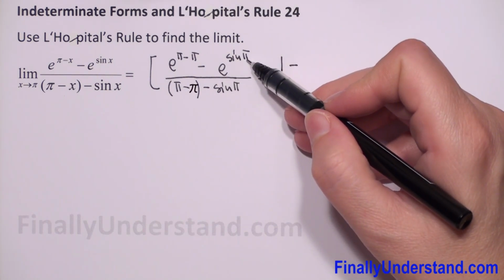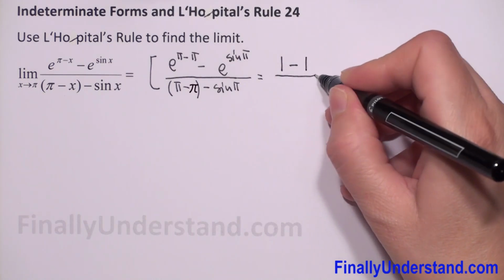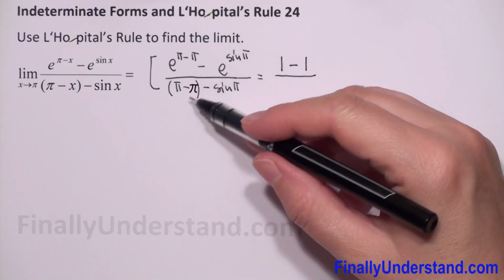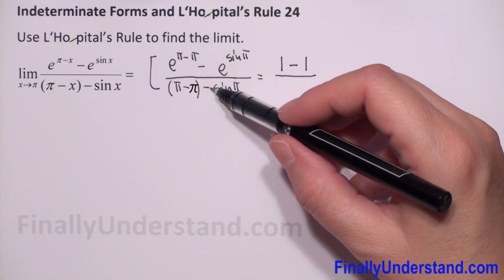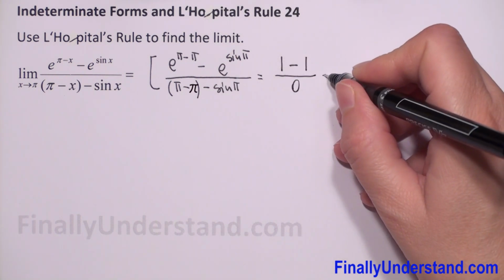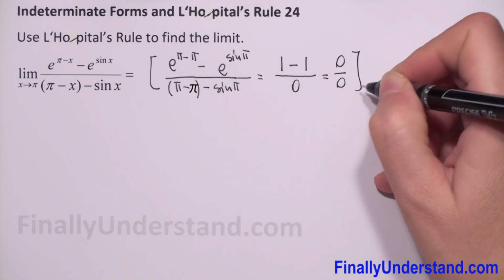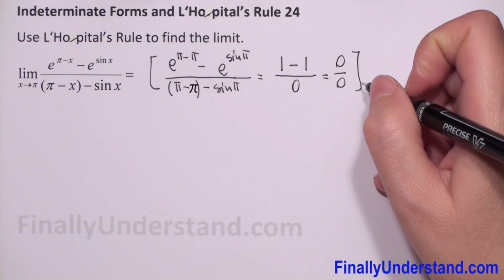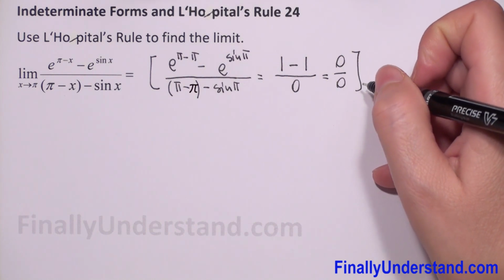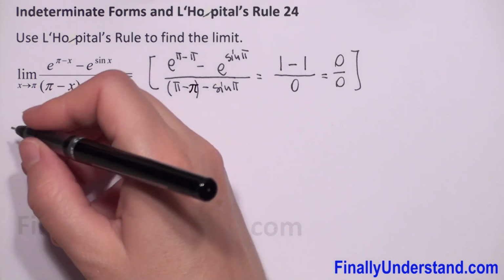sine of pi is 0, e to power 0 is 1, and in the denominator we have pi minus pi is 0 minus sine of pi is 0, so we have 0 in the denominator. 1 minus 1 is 0 over 0, we got indeterminate form. It means we can use L'Hopital's rule. So we have to copy limit